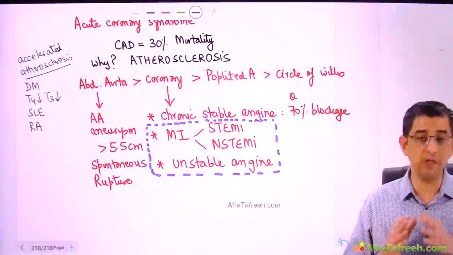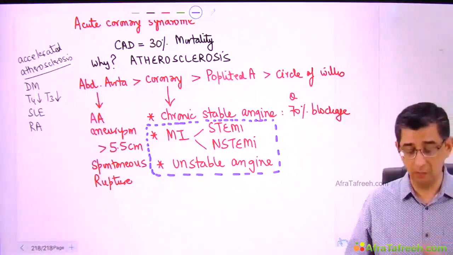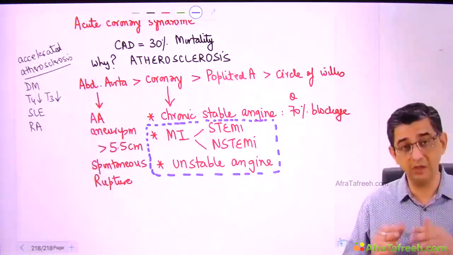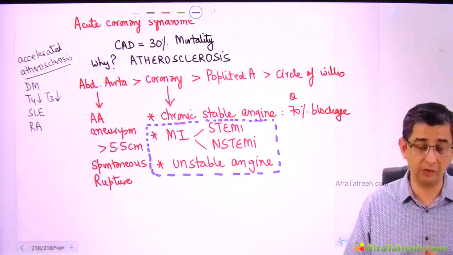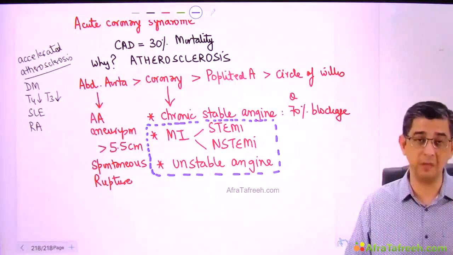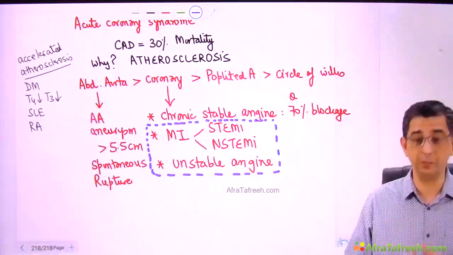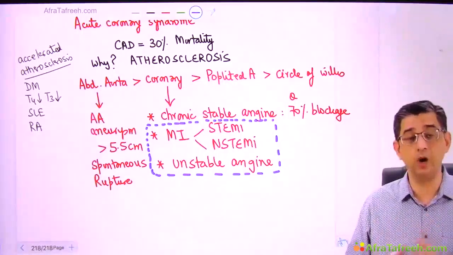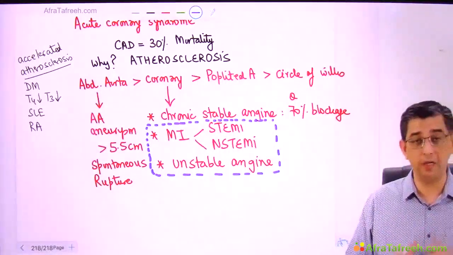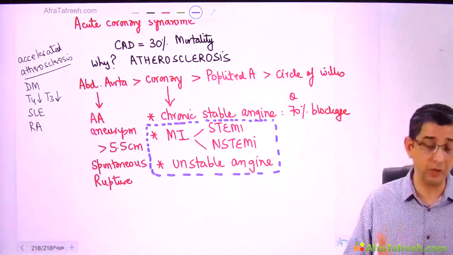But the information that I've currently put in the blue box is the one which is the differential diagnosis of acute coronary syndrome. There are three differentials: STEMI, non-ST elevation MI, unstable angina. The majority of the time, I'm going to invest in explaining to you how to differentiate between them, and usually the time that you get in the MCQ is approximately 1 minute.